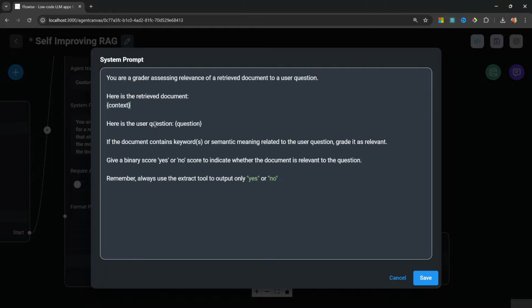Here is the user's question. And again, we have a variable for question, which we will link to the user's question. If the document contains keywords or semantic meaning related to the user's question, grade it as relevant. Give a binary score of yes or no to indicate whether the document is relevant to the question. Remember, always use the extract tool to output only yes or no. Your prompt doesn't have to be exactly like this, but just ensure that you inject the context